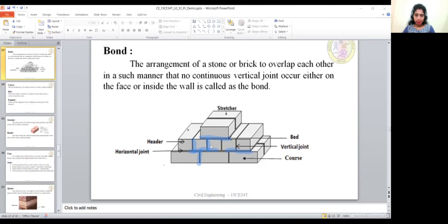The imaginary line of vertical joints in a masonry is known as perpends. See, vertical joint is a joint between two units. Continuously, if you take a wall, ಒಂದು ವಾಲ್ ನೀವು ಅಸ್ಯೂಮ್ ಮಾಡಿದ್ರೆ ದೇರ್ ಆರ್ ಡಿಫ್ರೆಂಟ್ ಲೇಯರ್ಸ್ ಆರ್ ದೇರ್ ಆರ್ ಡಿಫ್ರೆಂಟ್ ಕೋರ್ಸಸ್ ಇನ್ ದ ಮೇಸನ್ರಿ. ಅಷ್ಟು ಮೇಸನ್ರಿ ವ್ಯೂ ಮಾಡಿದ್ರೆ ನೀವು there will be some vertical joints at alternate courses ಅಲ್ಲಿ vertical joints ಒಂದೇ ಲೈನ್ ಅಲ್ಲಿ ಬರುತ್ತೆ. Okay, it is just an imaginary line of vertical joints, then it is known as perpends.